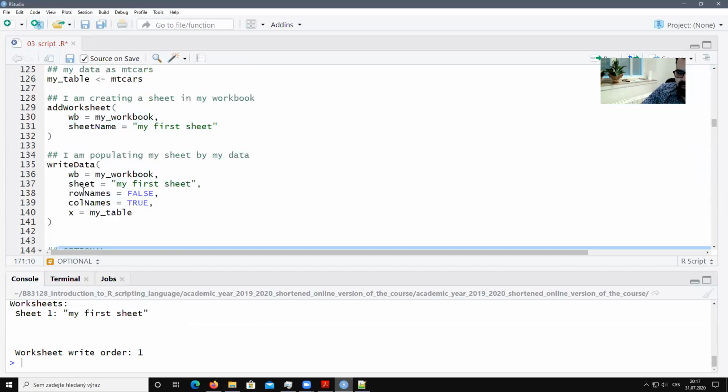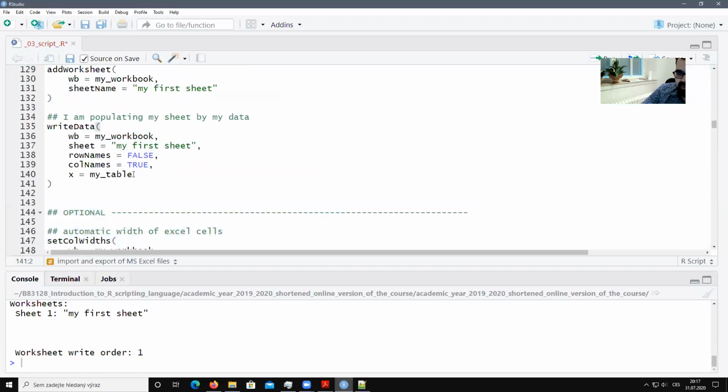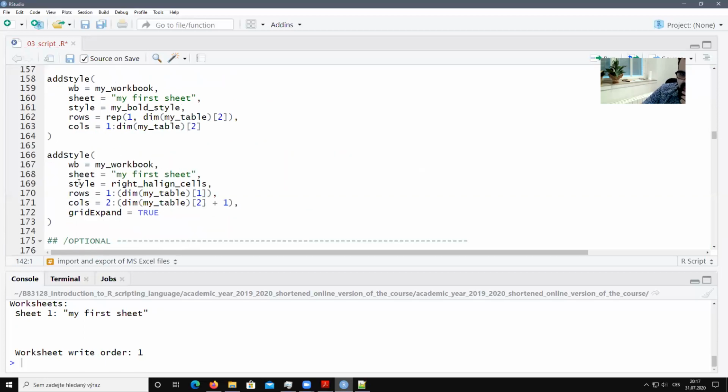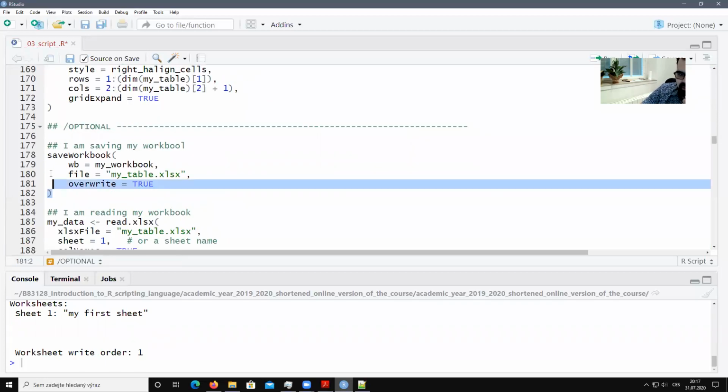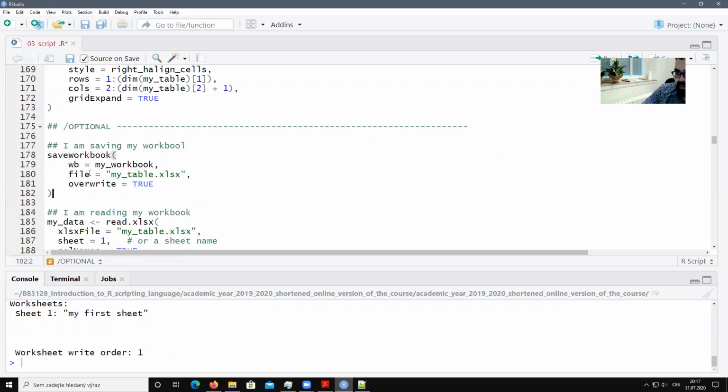But once we populate our sheet, my first sheet, with our table, our data, the last important thing is saving the whole workbook to a file. So the function is saveWorkbook. What to save? My workbook, the whole workbook. What is the name of the file we would like to save it to? It's just my table.xlsx. Also my note, don't forget to include the suffix. And overwrite equal to true means that, if you run your script during your R session more than once,